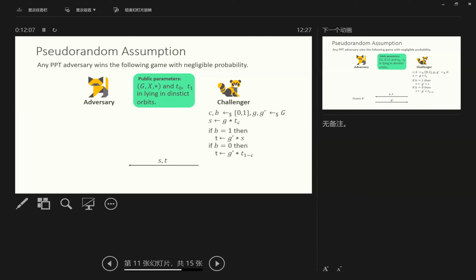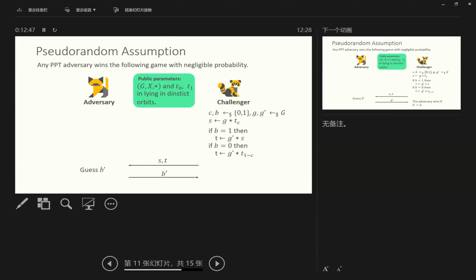We have our parameters, the group action, and two elements T0 and T1 lying in T prime. Here, the challenger picks a random bit B and two group elements, G and G prime. We set S as G star TC, and if B is equal to 1, it sets T as an element in the orbit of TC. Otherwise, if B is equal to 0, it sets T as a random element in the orbit of T1 minus C. We send this pair of elements S and T,